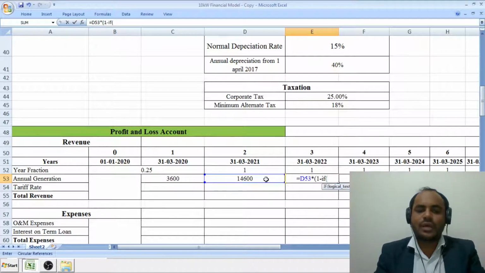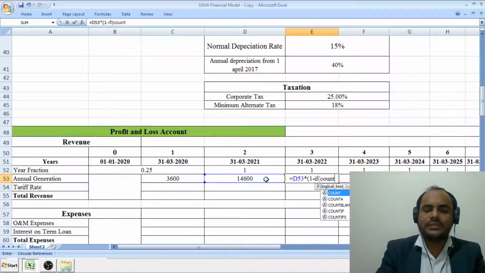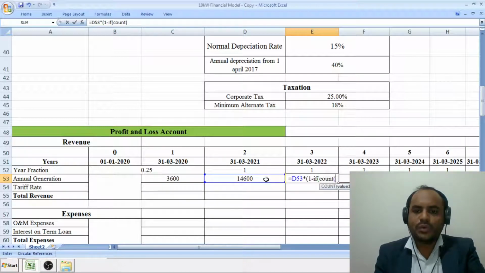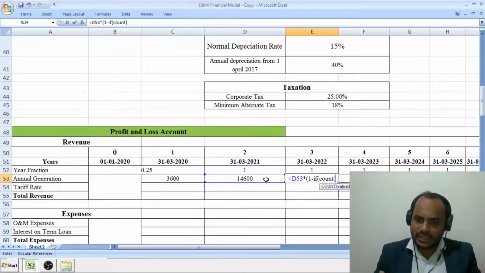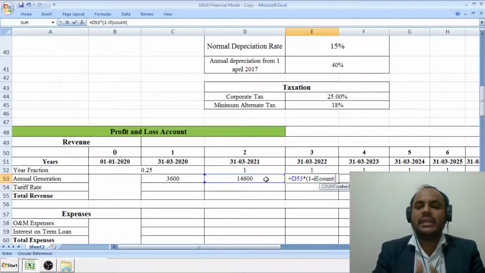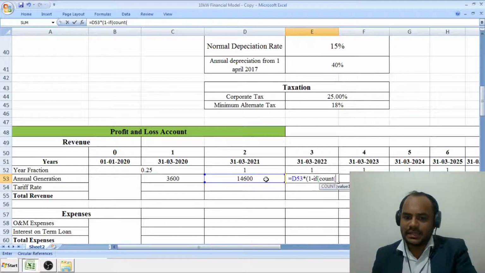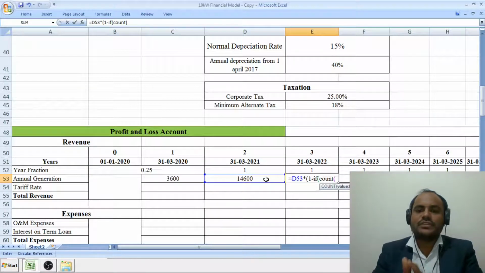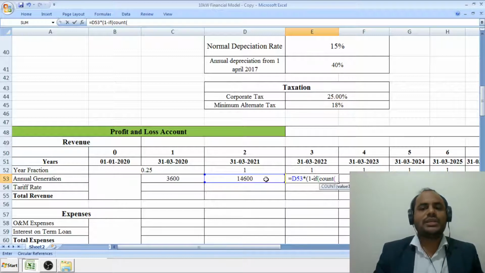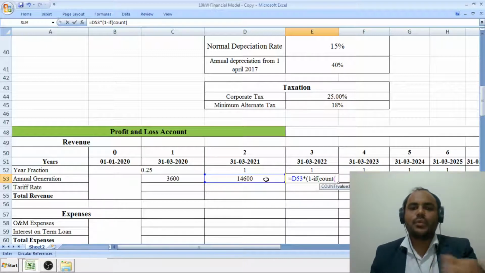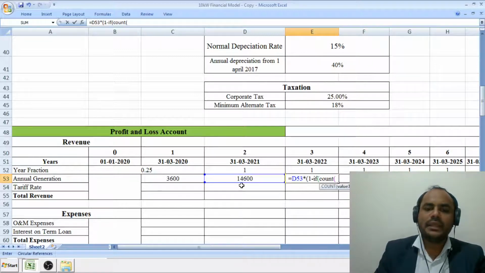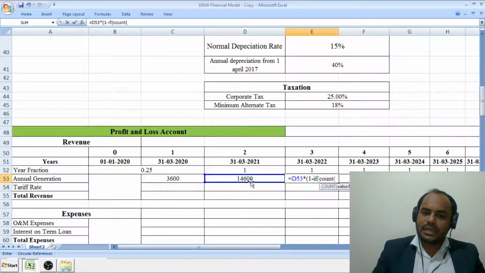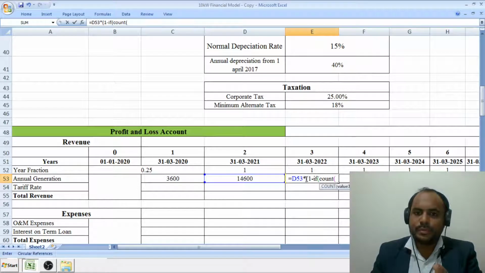we have to count how many years we need to consider. Count the number of years within the 10 years, then multiply by the derating factor of 0.68%, and if it is more than 10 years, then multiply by the factor of 0.7% over here. So for that we have to apply a logic in such a way that we construct the formula. Taking a reference of the last financial year value multiplied by 1 minus if count